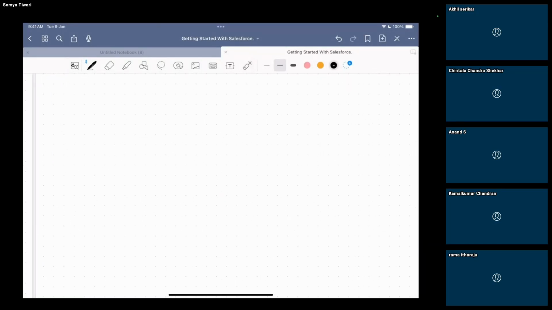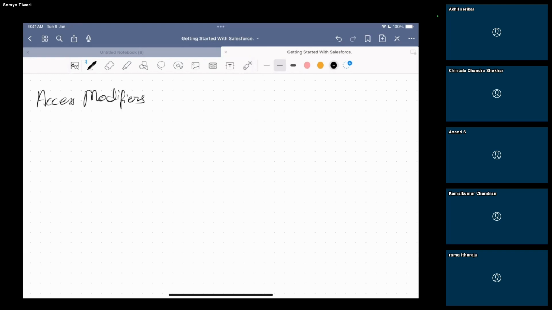First of all, we have access modifiers. In Salesforce we have private, protected, and public. Now what does private mean? With private,